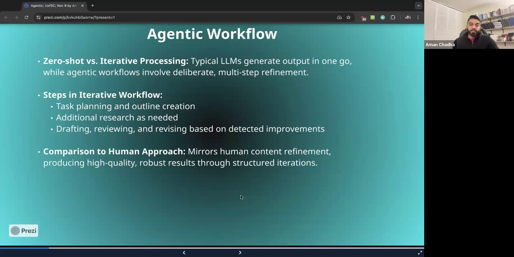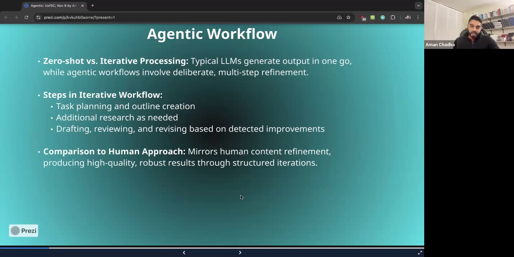And what this exactly means is that once we feed in the input query, as part of processing that query, the agentic workflow here carries out initial task planning. It figures out a rough outline of what it means to execute this task. And then for each of these sub-steps, it figures out if additional information, knowledge, or research is needed, right? Does it need to pull in information from the web? Does it need to look up a knowledge base, such as a vector database? Does it need to look at other forms of knowledge that are available, right? It could be your calendar entries, email, if you're asking the agent to say schedule a meeting for you in an available slot. So all of this augmented information gets pulled in from relevant sources.